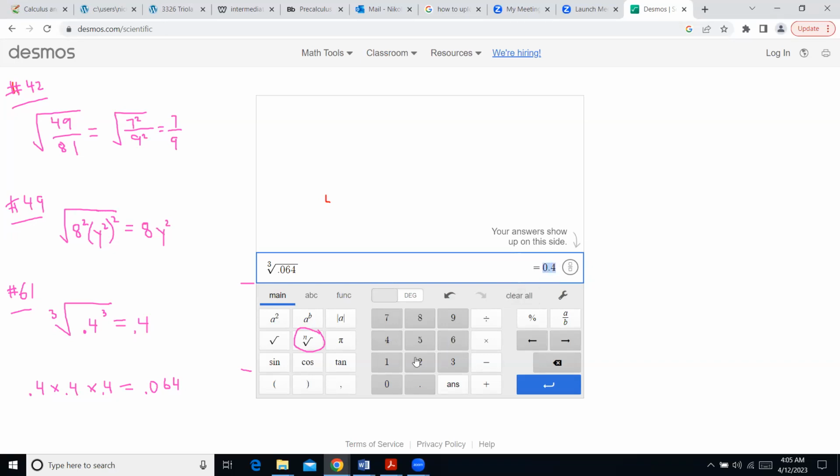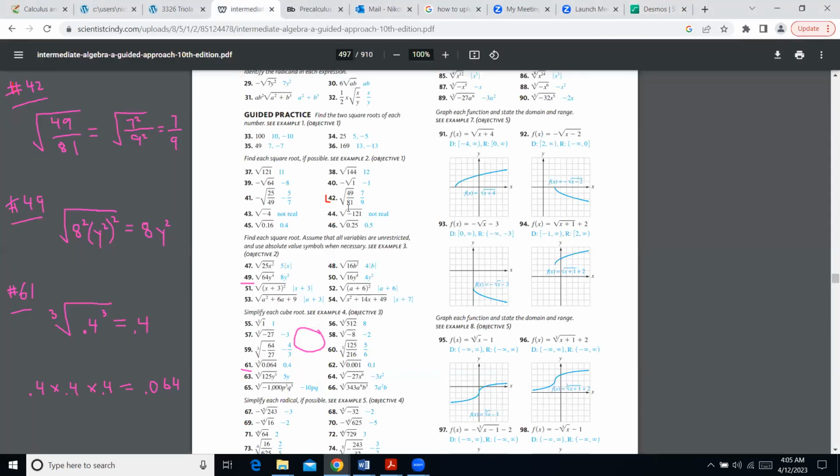So indeed, this seemed to be a calculator exercise, but of course, whenever you have variables involved, then you cannot really use the calculator, you can try, but it's not going to help. So let me do one more cube root extraction in exercise number 65. So we're going to be dealing here with a cube root extracted from